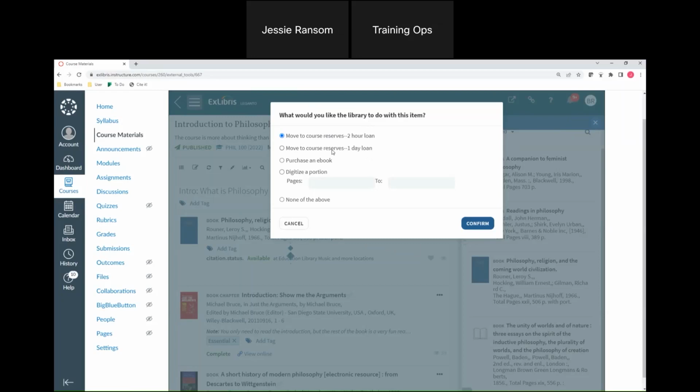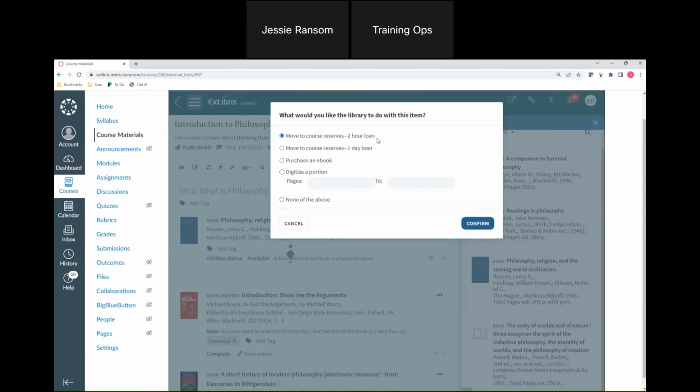You want to think pretty critically about when you really do need this information. You don't want this to pop up for every one of the 100 items that the instructor adds. But if you do absolutely need this critical information for physical items, then you can ask it here. So you would customize what the responses are. And then when they select this answer, you'll be able to see that on the Alma side. It'll add a tag to the resource, and it will also add a note that says the question that was asked and then the answer that was given.